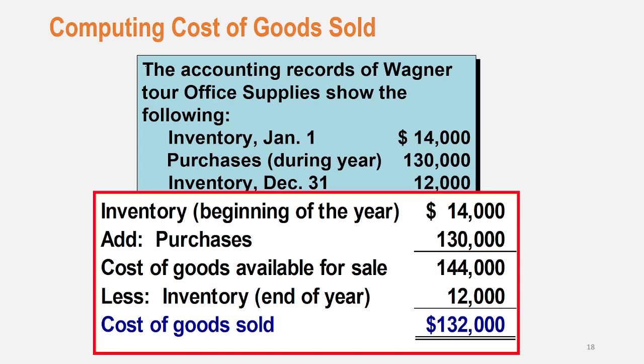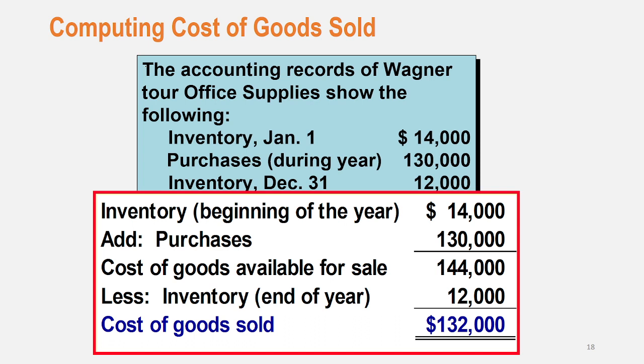Let's dive right in. Understanding the basics, cost of goods sold is the total cost of manufacturing or purchasing the products that our company sells during a specific period, and it is an important figure because it directly impacts the company's profitability. So again, cost of goods sold is the total cost of manufacturing or purchasing the products that a company sells during a specific period. Here is some information we have.